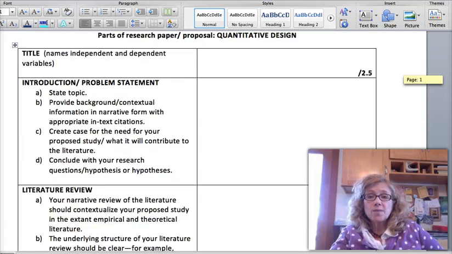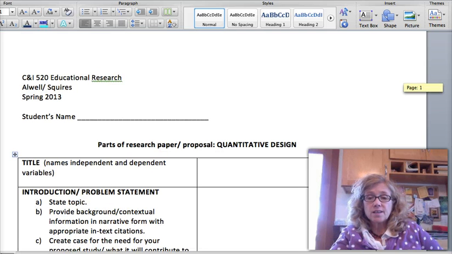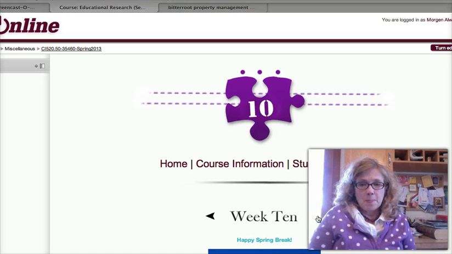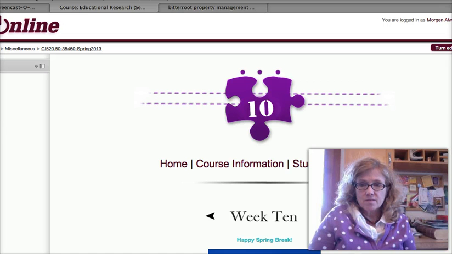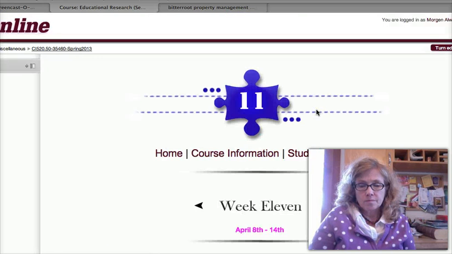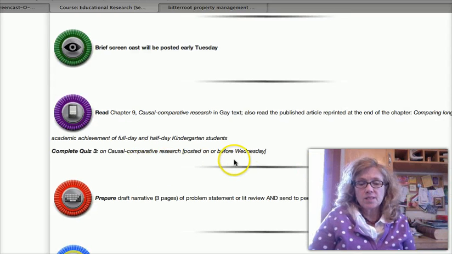So for this first writing workshop, you're going to write either a section of your introduction or problem statement or your lit review. If you're proposing a qualitative study, again, this one's quantitative, be sure to look at that assignment rubric. So getting back to this week then,